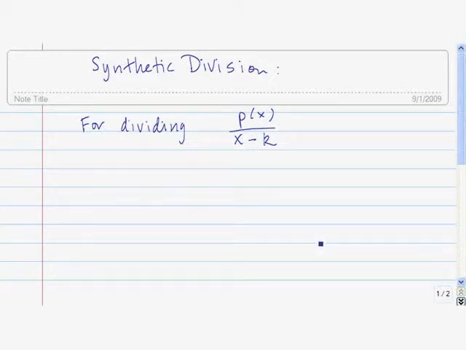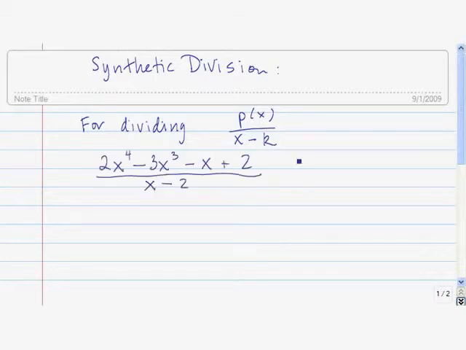Okay, let's talk about synthetic division. Synthetic division is a shortcut for dividing something that looks like this. So we have a polynomial p of x divided by x minus some number. Let's do an example. So let's divide 2x to the fourth minus 3x cubed minus x plus 2 by x